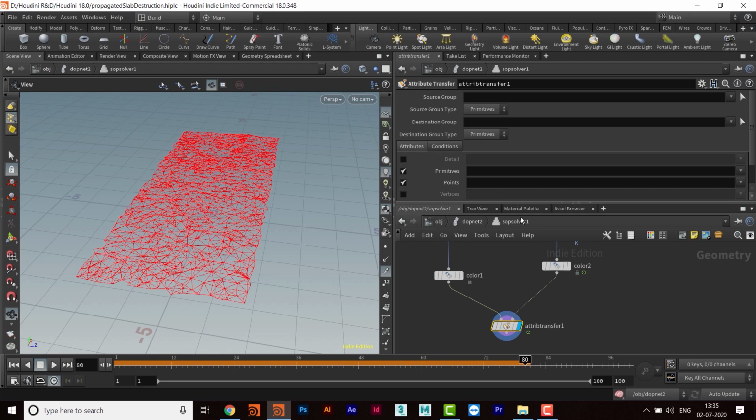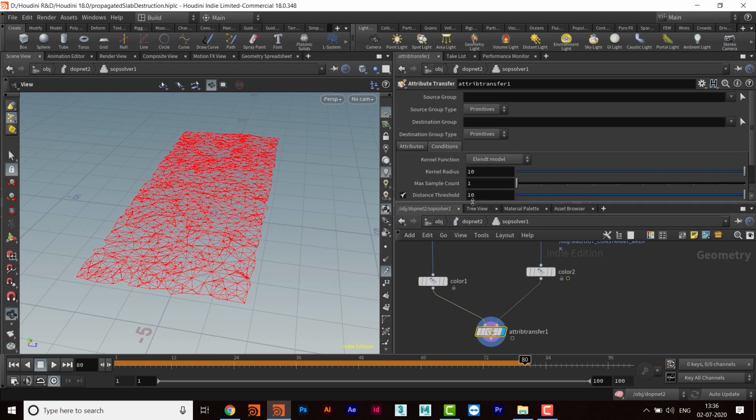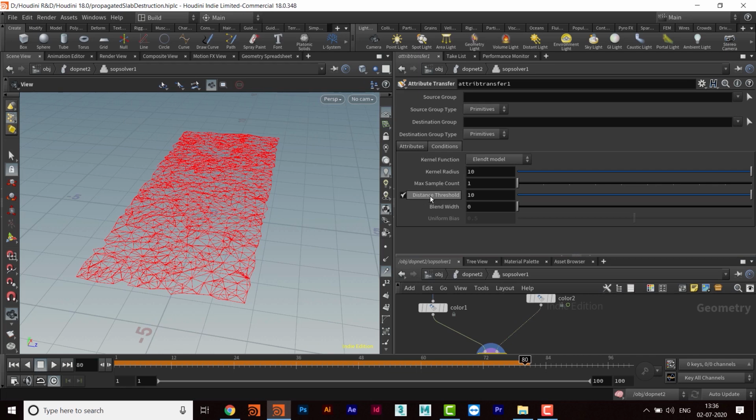But I really don't want to do that. What I want to do is transfer only the area which is very close to the curve. So I will go inside it, and then go to the conditions tab, and in this distance threshold I will reduce this value.